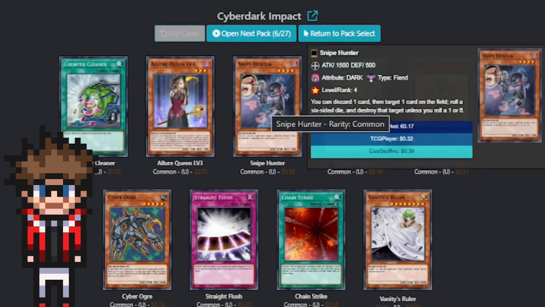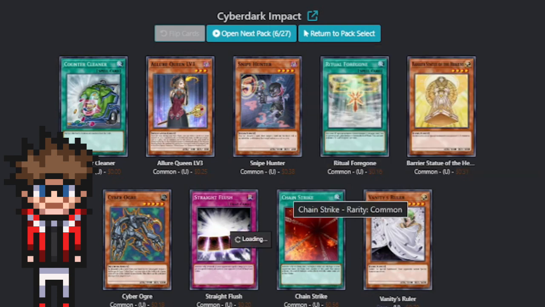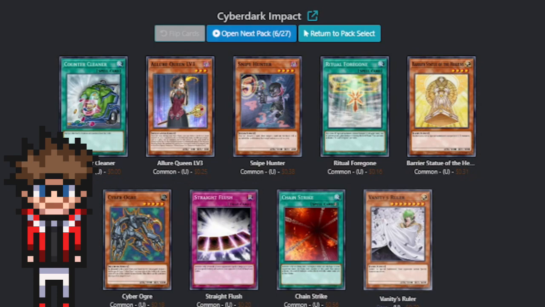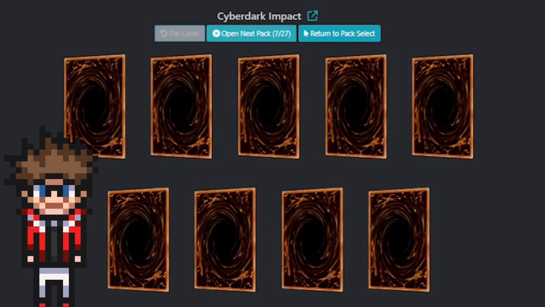And of course, how can we talk about this set without talking about Snipe Hunter? You can discard one card, target one card on the field, roll a 6-sided die, and destroy that target unless you roll a 1 or 6, which, honestly, that's pretty good odds. That's basically a 67% chance that you're going to destroy the card you want to get rid of, so it's pretty good. Also, some of these cards are a little specific, like being specific chain links. I don't know why that had to be a thing